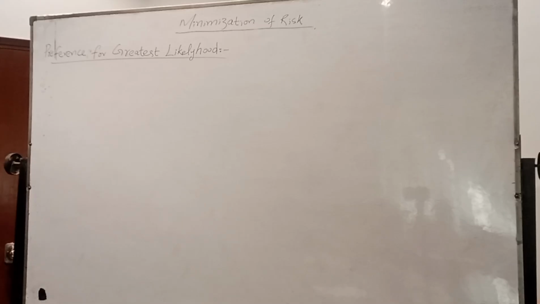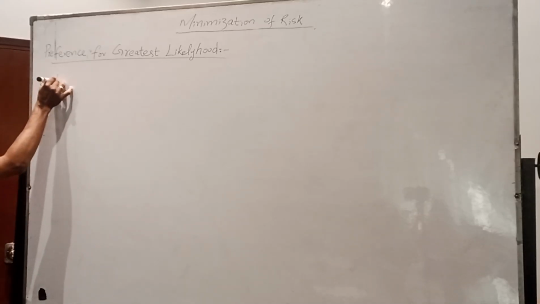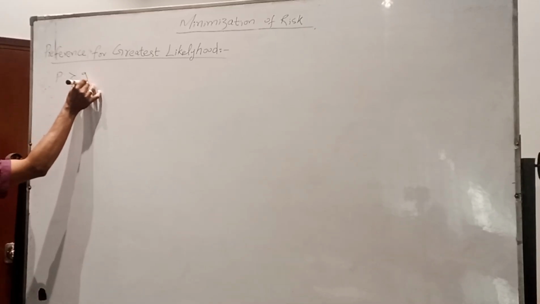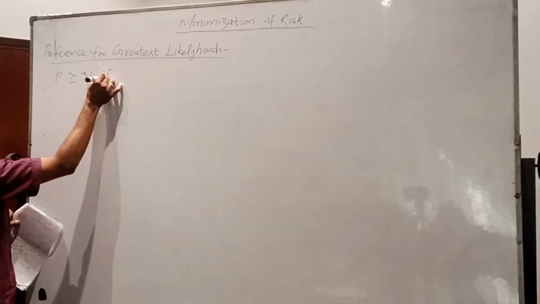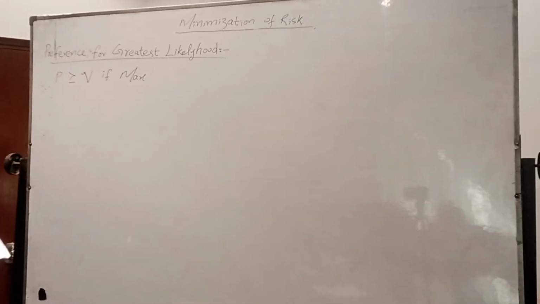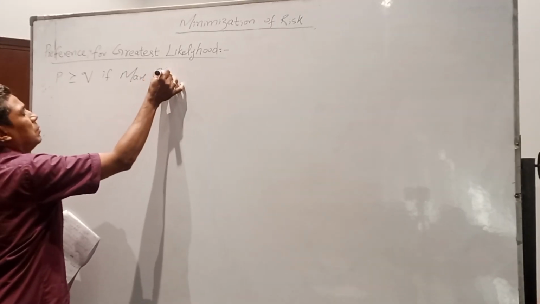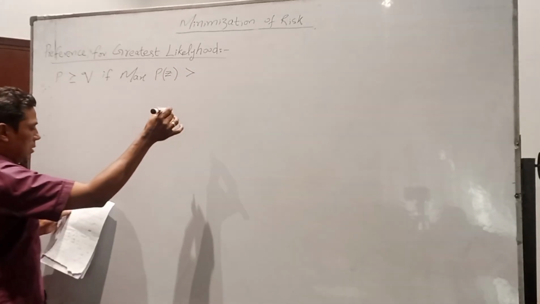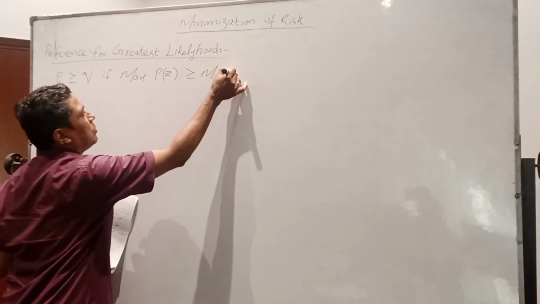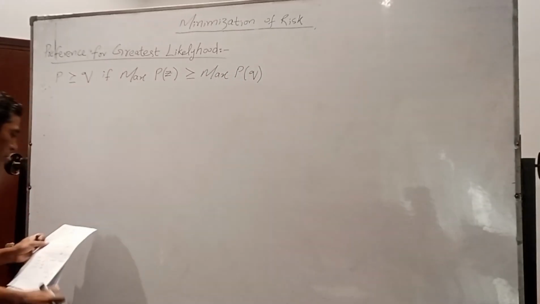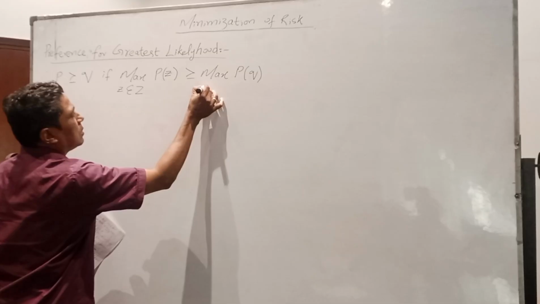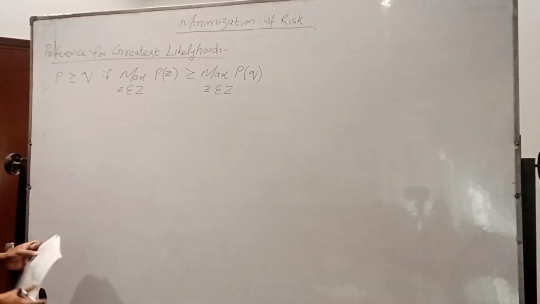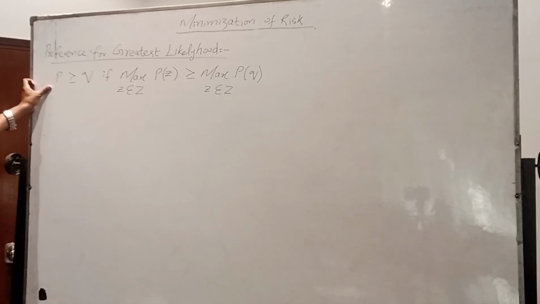Now the preference for greatest likelihood. For example, lottery P is at least as good as lottery Q if the max probability of Z is greater than the maximum probability of Q, and thus Z belongs to Z, and similarly Z. Clear? Okay, lottery P is at least as good as lottery Q if